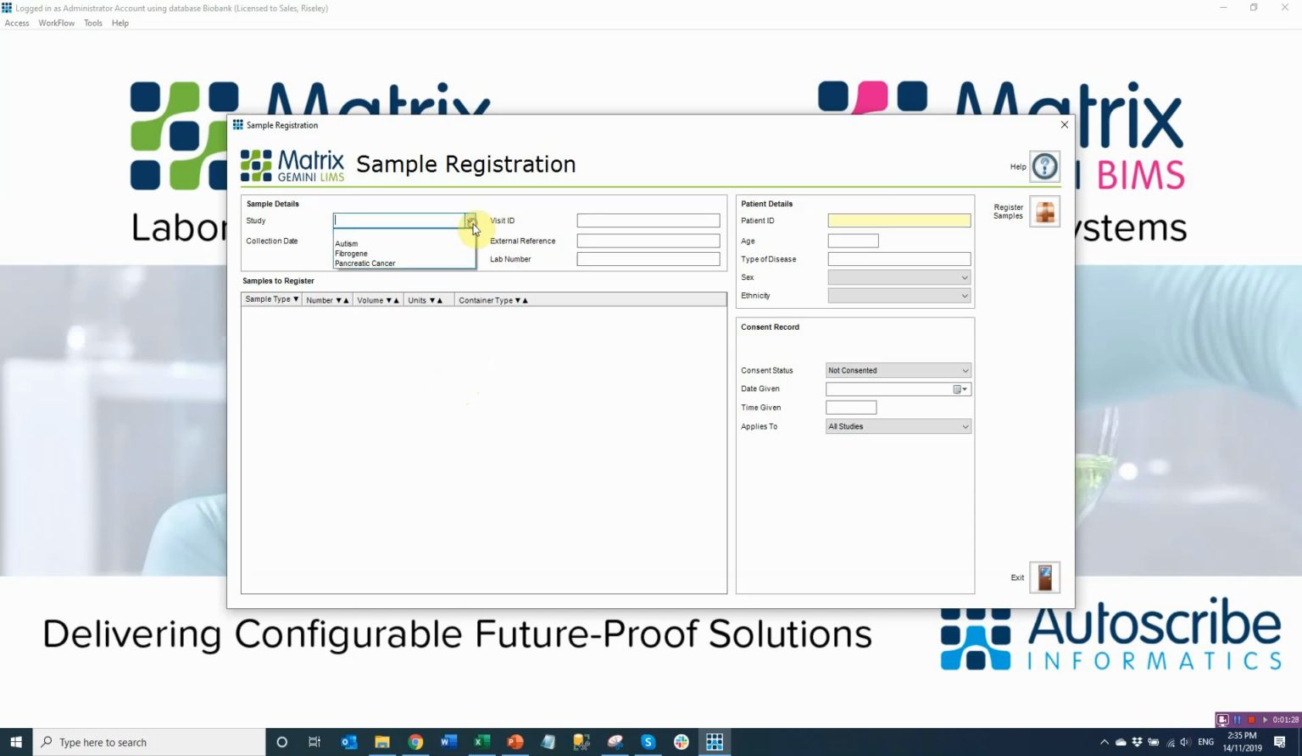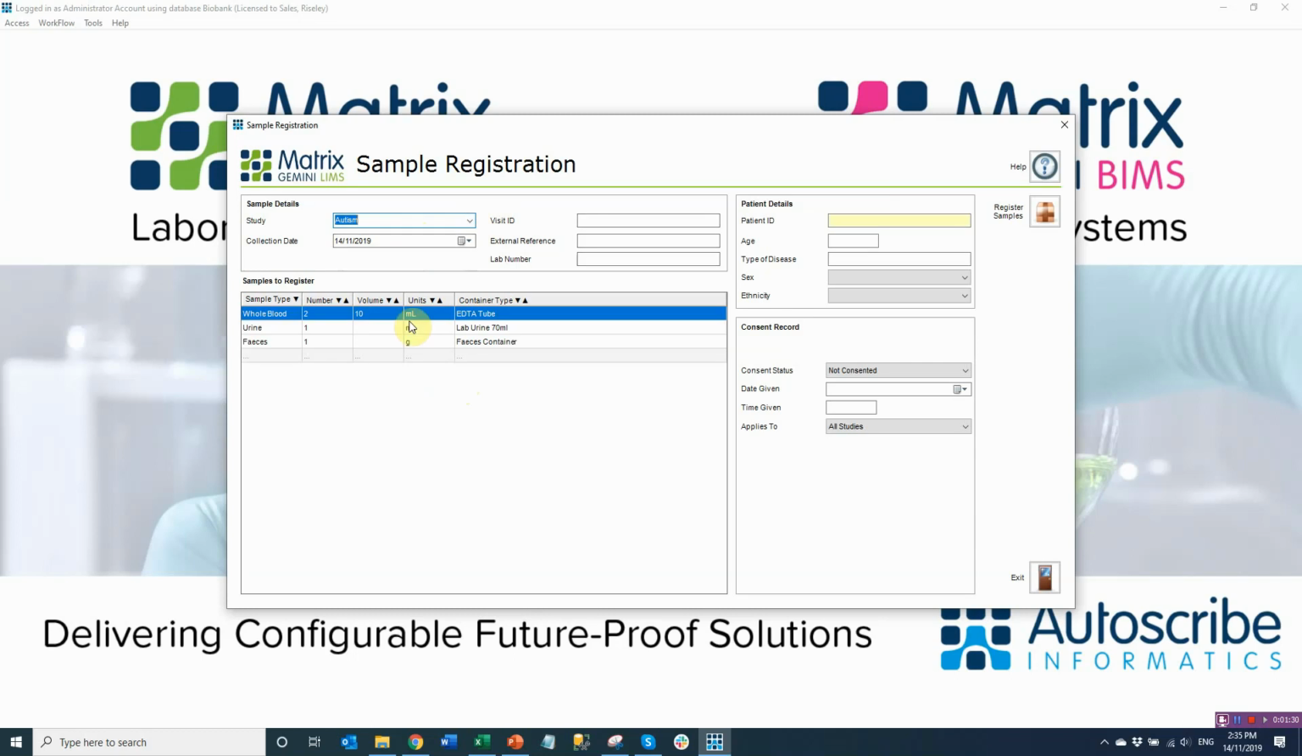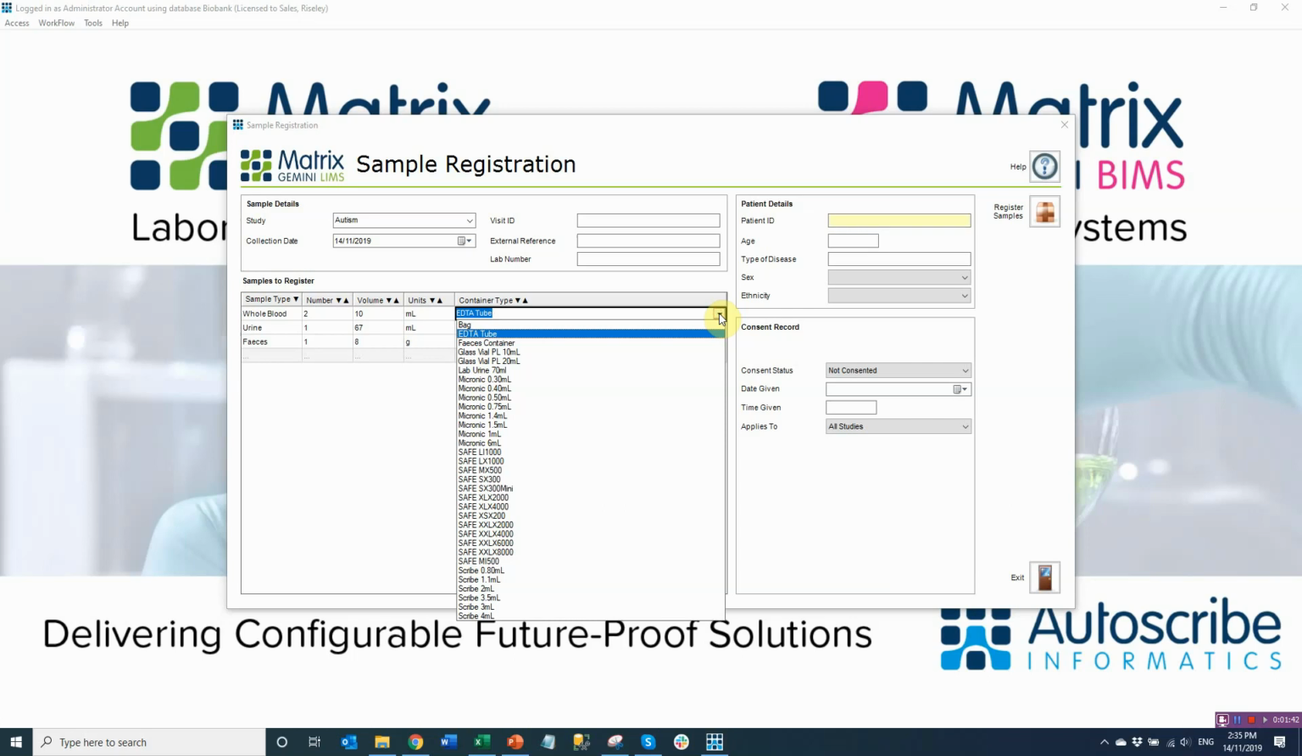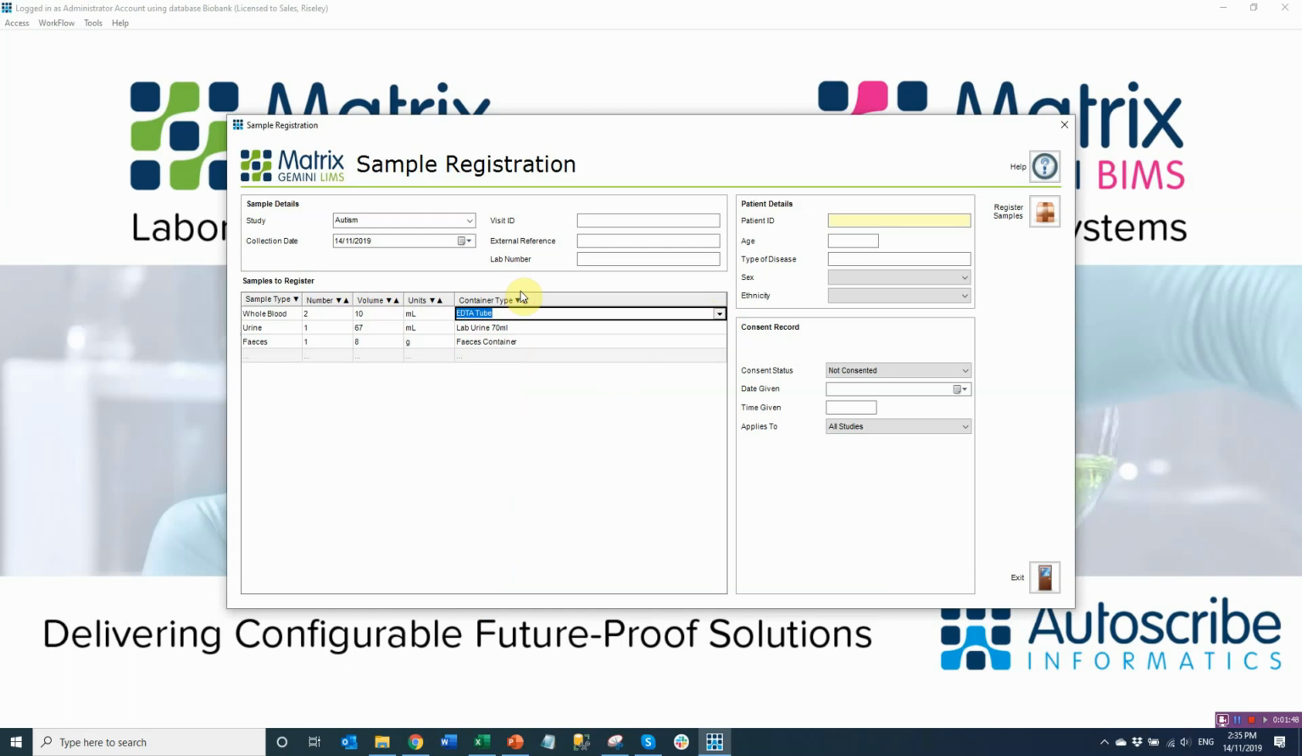For this particular setup, we can select a study, and we'll see that there are some default sample types that we collect with this particular study. And there's some fields we have to fill in. Some fields are already defaulted, and we can change those if required. For example, if we receive the whole blood sample in a different type of tube, we could change that option there. All of the fields are barcode compatible,